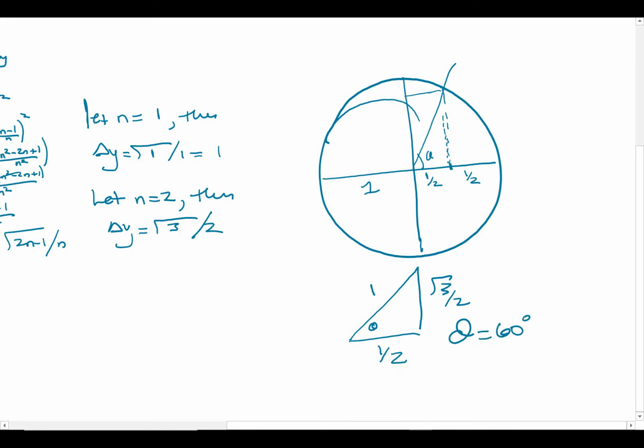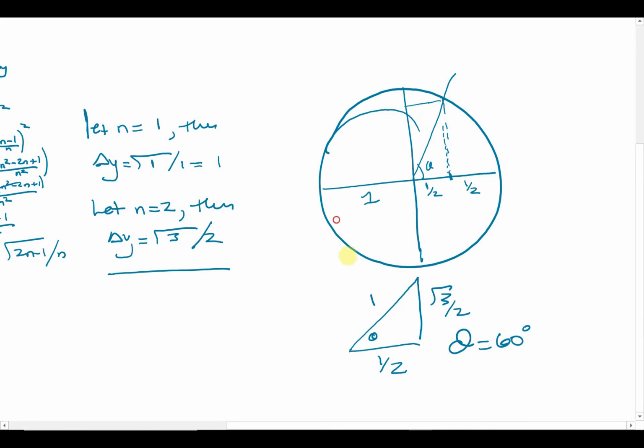So we found the 30, 60, 90 triangle relation right here, and we can do so. We can basically make n any value and get all of these components. So, it's interesting because